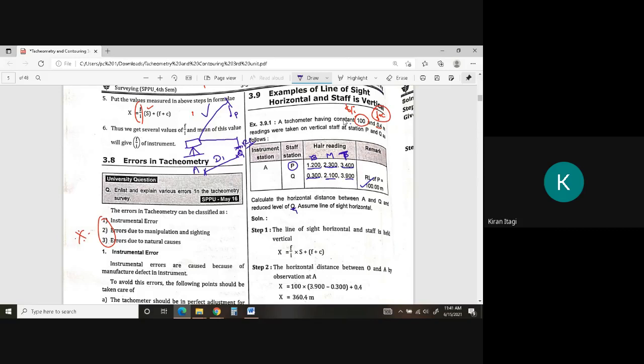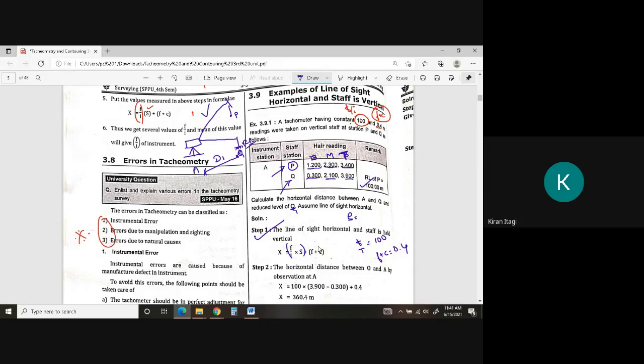So for the first condition, we have the formula x equals F upon I multiplied by S plus F plus C. We know F upon I is the multiplying constant, which he has given as 100, and the additive constant is 0.4. Now we are left with the value of S, which we don't know. Is he asking anything about P? No. So don't go for P, go directly for Q. He is interested in Q.